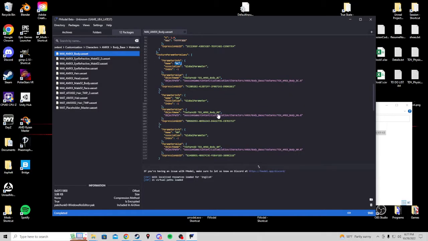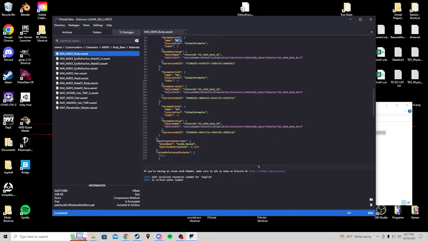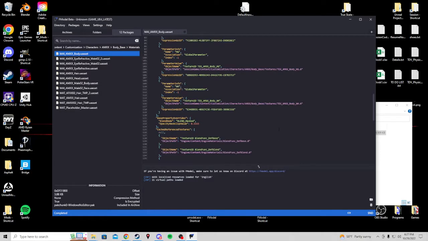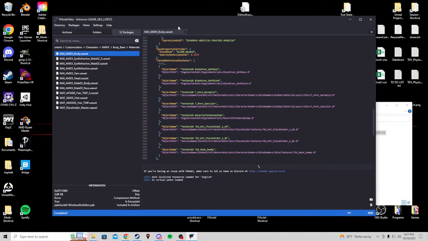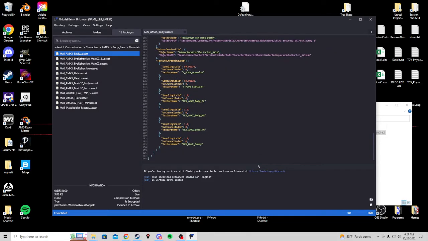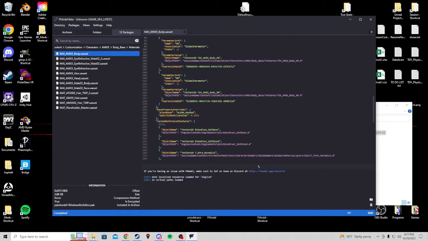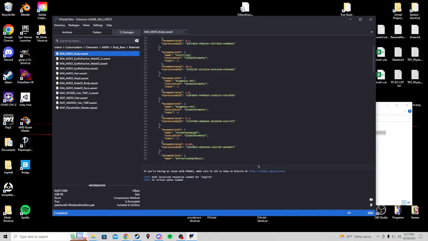So this also has the body's metal gloss and the normal. You also have other details you can find out about these things. I'm not going to go into too much detail about what kinds of things you can find in here, but I did want to at least show you that you can see what exists so you can change